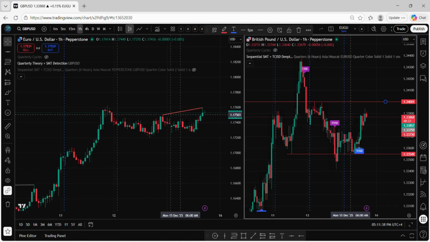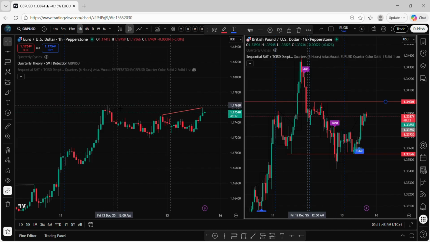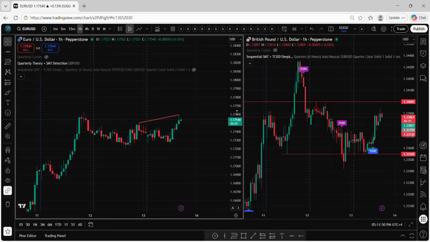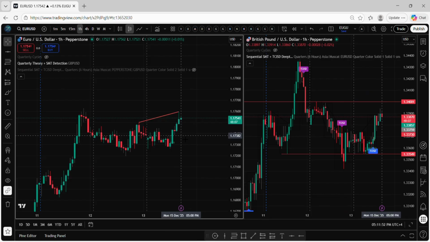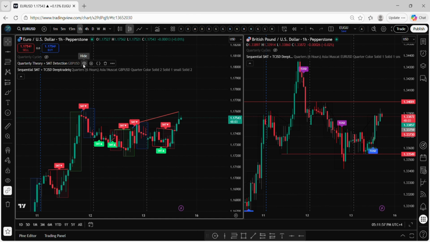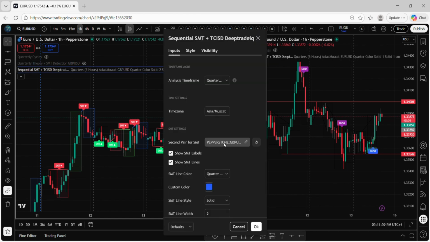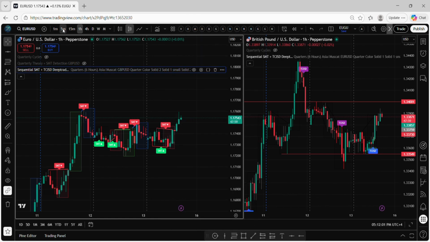So GBP is still below, but Euro already grabbed the liquidity of yesterday's high, and the liquidity from before yesterday is still remaining, which is a dangerous point. From my point of view, if this is remaining, we need to wait for a sell condition. Although we have one sell condition here,